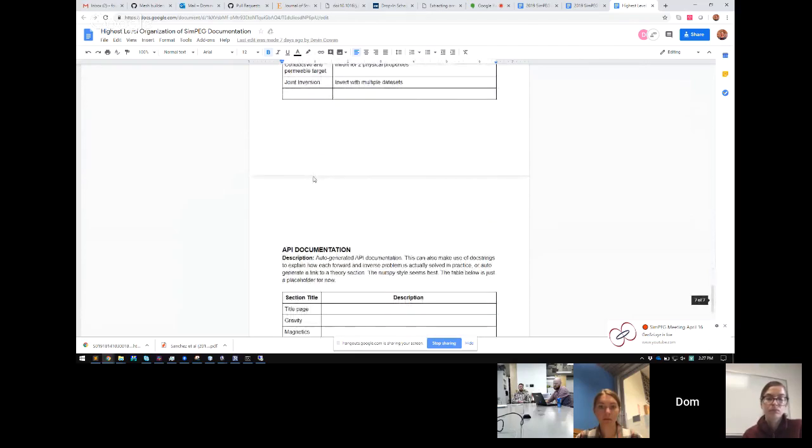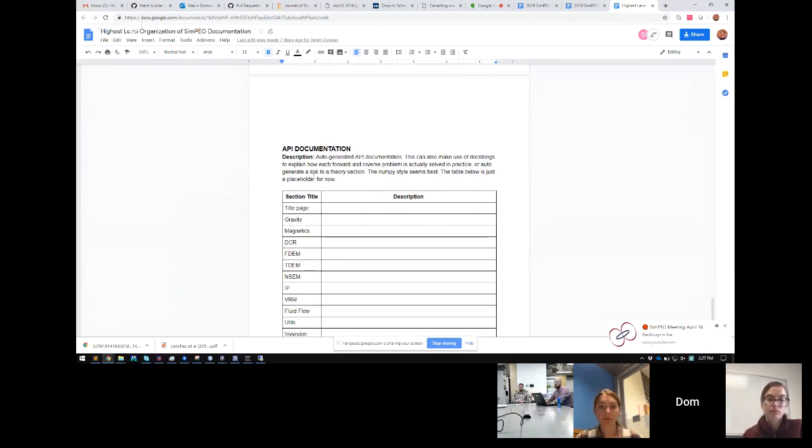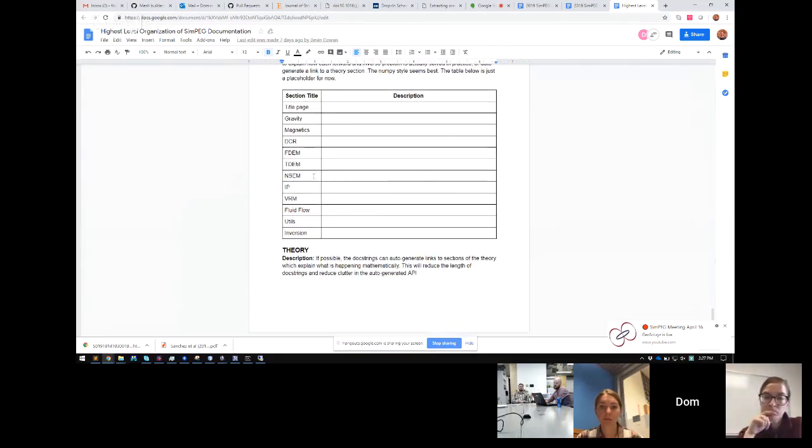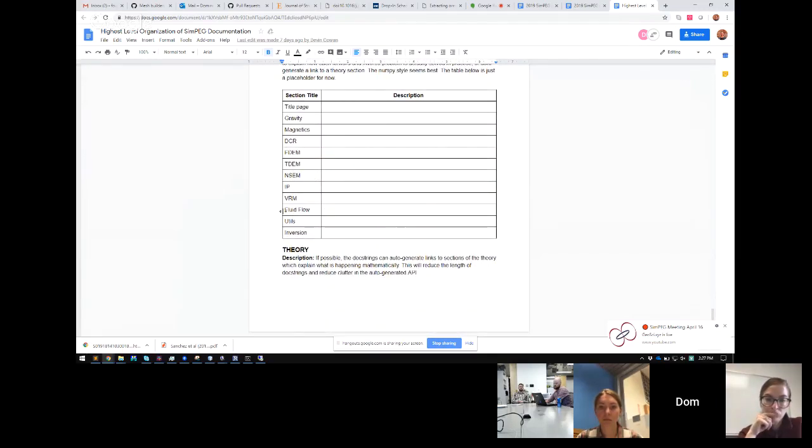And then have the API documentation be separate, and then have a section for theory. So, how do we discretize the system to be solved for the forward problem? Those kinds of details. How is the source term on the right-hand side generated? All that theory.